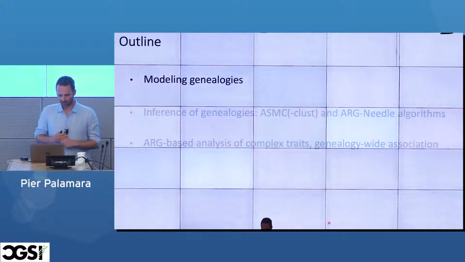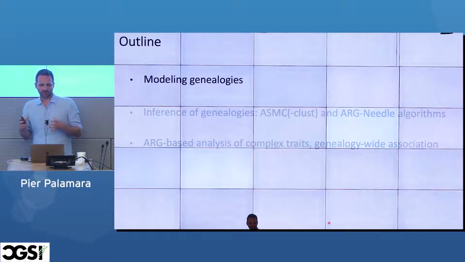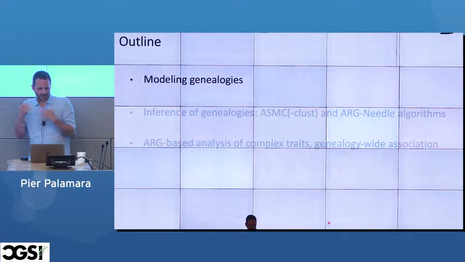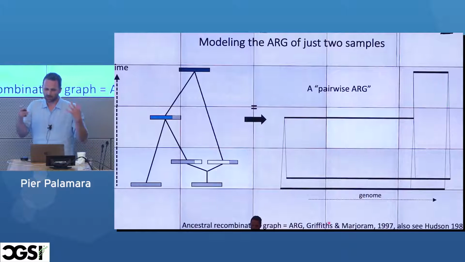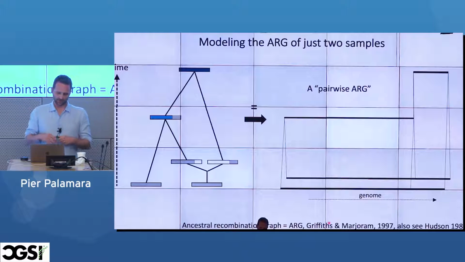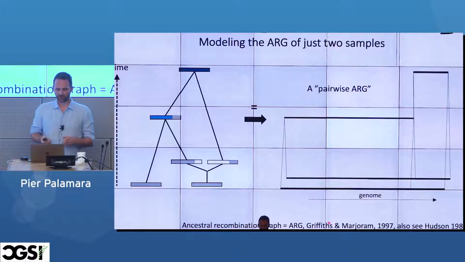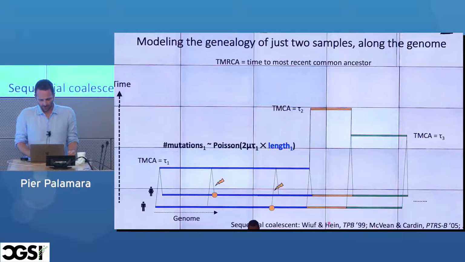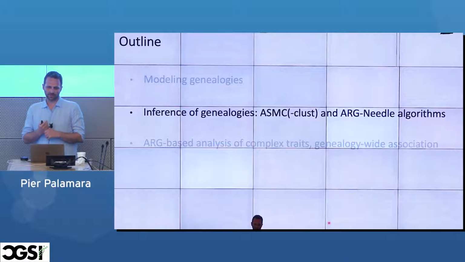Okay, so that's all I wanted to say about background, genealogies. And now what we want to do is to use this kind of modeling to infer. So you go from the genomes themselves, you want to figure out what the graph is underlying the population or the sample. And this is actually a fairly messy problem, because if you think about the number of combinations of graphs you can get out of this process, it is huge. And we're trying to do inference based on the mutations, which is a very small amount of information with respect to where the edges and the nodes are in the graph.